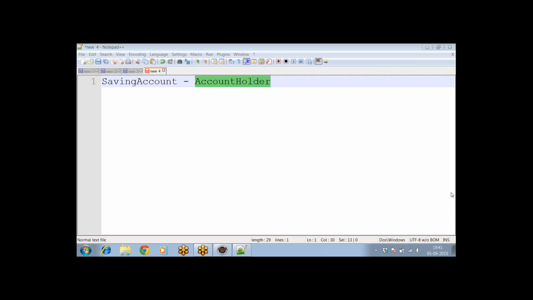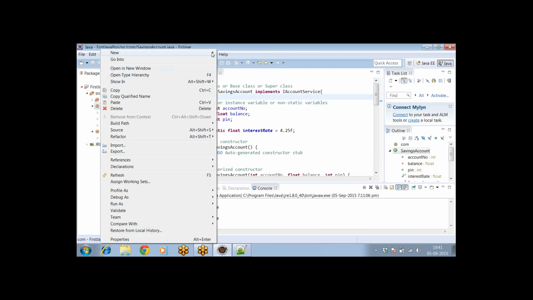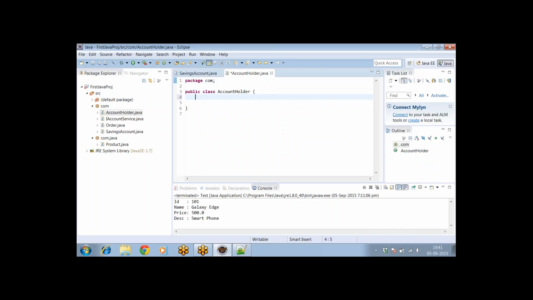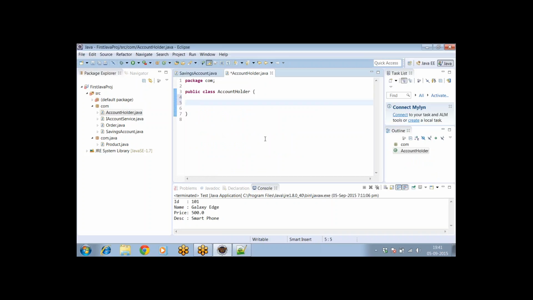Okay, my bad. So, in order to represent a real world object, first of all you'll define a class. So we need to define a class, right? And represent the properties of that object here as fields. Let's say account holder has got a name, say first name, say last name,